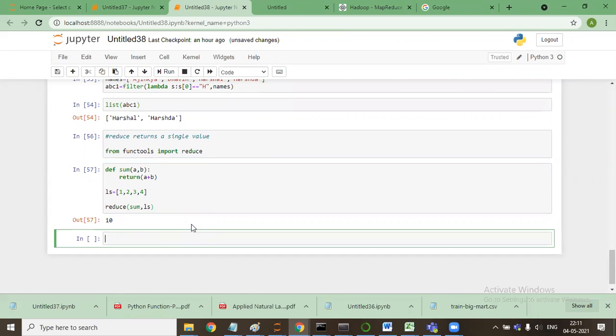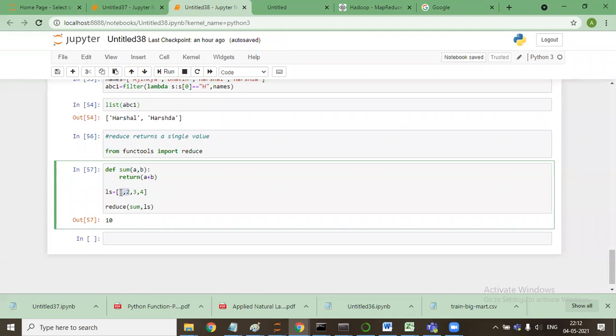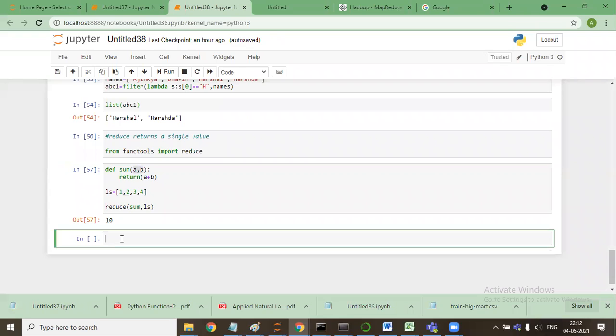So the output has not come in the form of a list. You guys see how it worked. The question is how it worked. The way it works is that it takes two elements at a time. So the number of arguments that we have passed, it will take those elements at a time. In this scenario, it will take 1, 2 at a time,